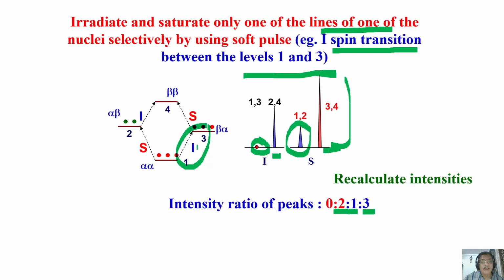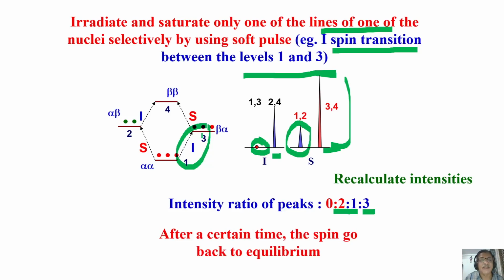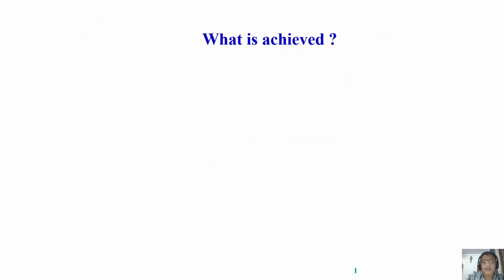What will happen when I remove the radiation? This was a disturbed state. What should happen? The spin has to go back to thermal equilibrium. Exactly, go back to the previous case. Population 4220, it has to achieve that, so that it comes to thermal equilibrium with intensity 2222. This happens after some time. How much time does it take? We all know about the time for relaxation. This is a different type of relaxation after applying saturation, so we will come to the relaxation later. But remember, I saturated and removed the RF pulse, and after some time the spin system goes back to thermal equilibrium.